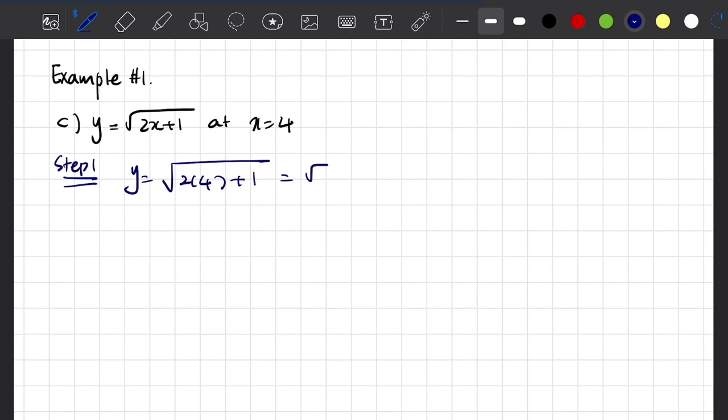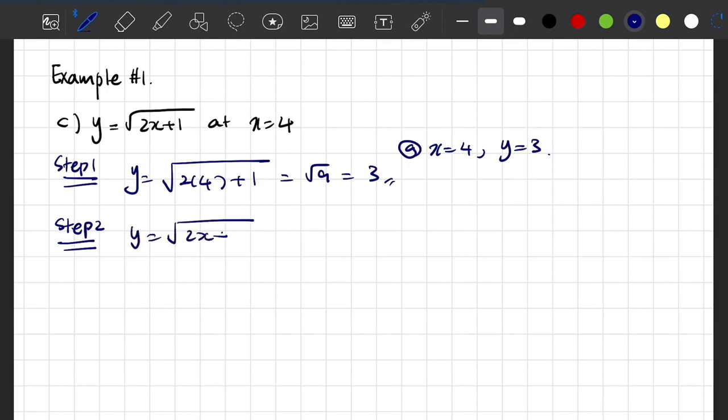Then we get square root of 9, which is equal to 3. So we have found that when x is equal to 4, y is equal to 3. Then step 2, we need to differentiate the function y to find the slope, right? So we have y equals square root of 2x plus 1. This is actually equal to (2x plus 1) to the power 1/2. Then you can see that we need to use the chain rule